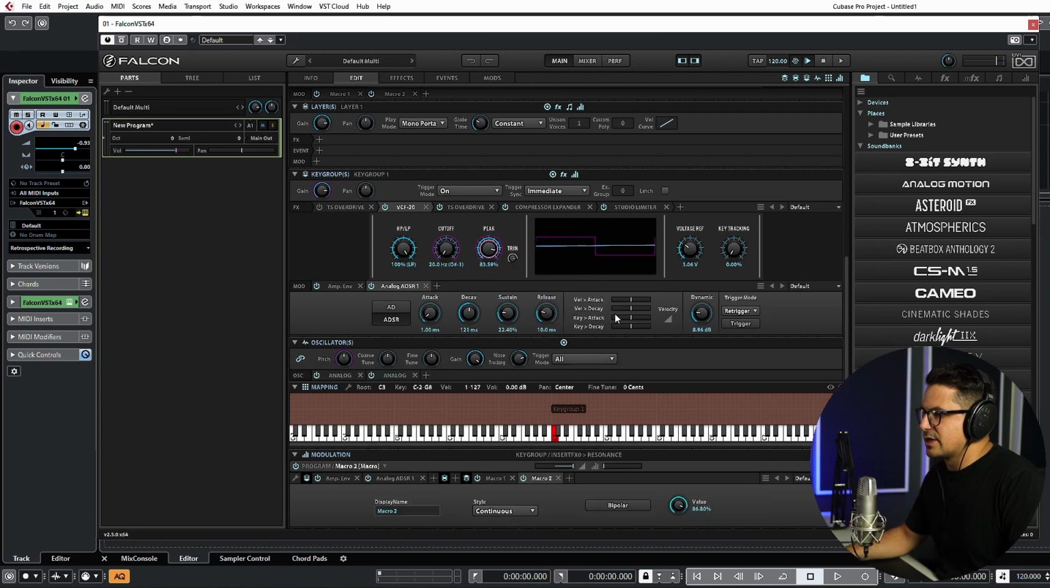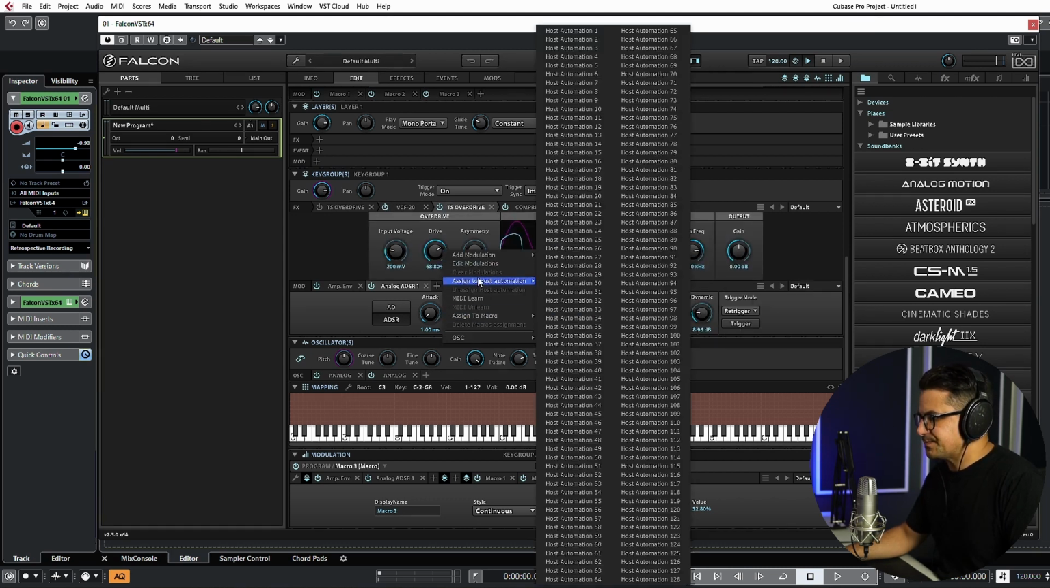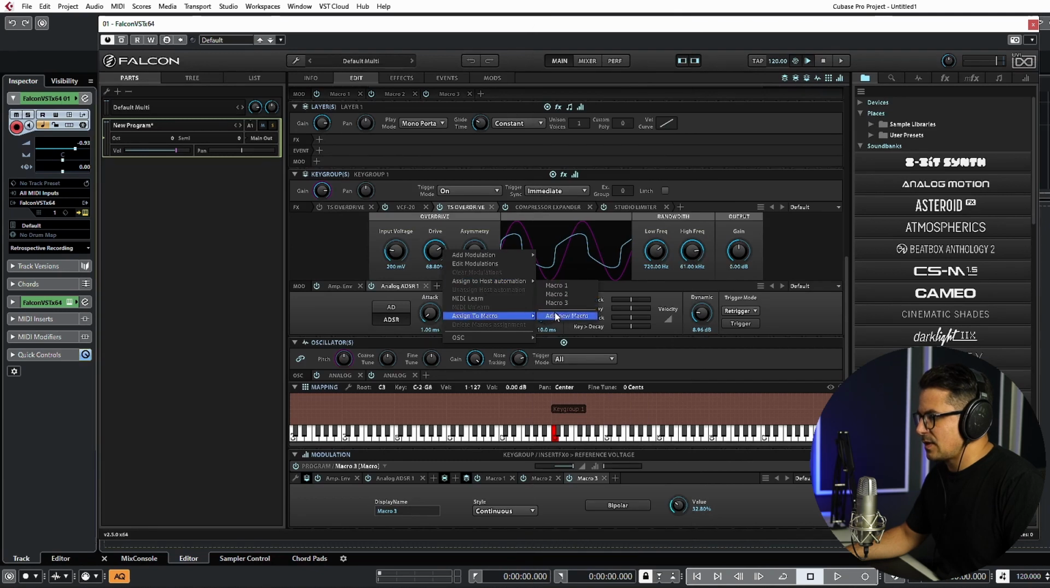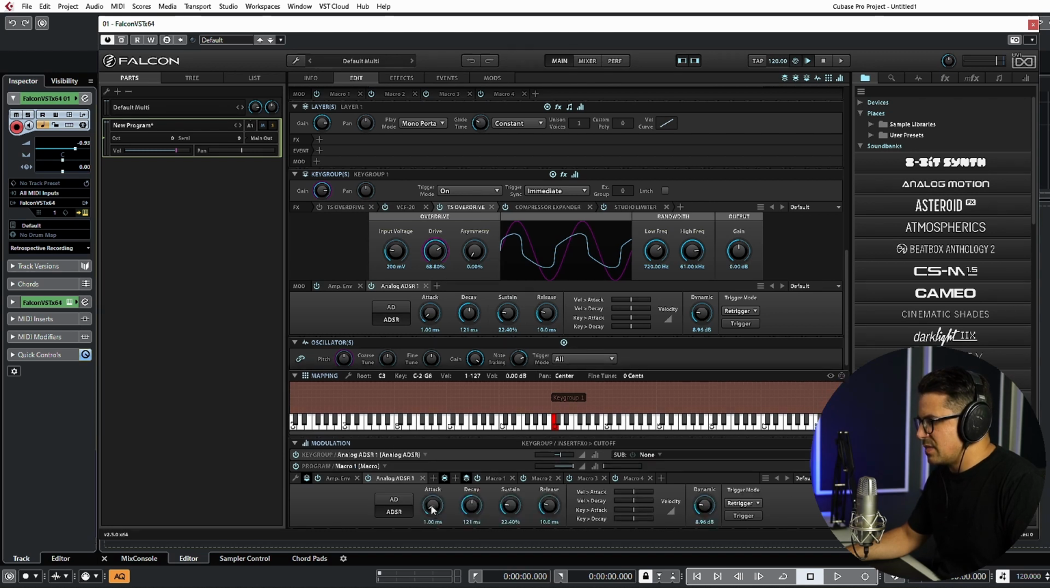We can do that to a macro too. The voltage ref to a macro. And possibly the drive on the filter. Go macro 4, and macro 5 could be the amount of ADSR applied to our filter, and we should be able to assign a macro to that too. So we'll go new macro there, and we'll just bring that one down so we can add that up using